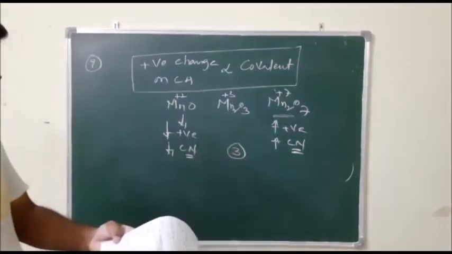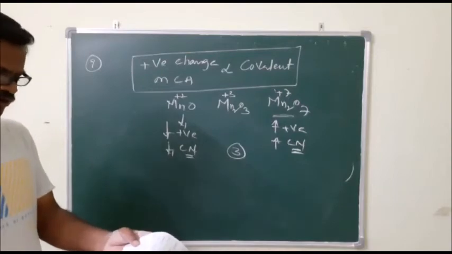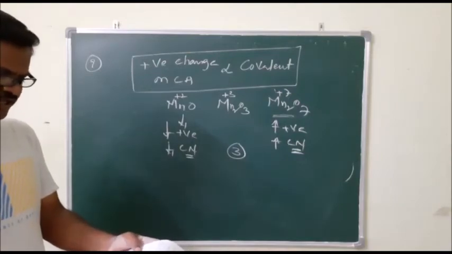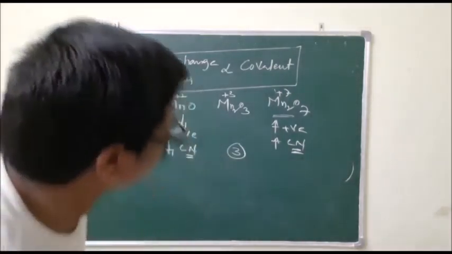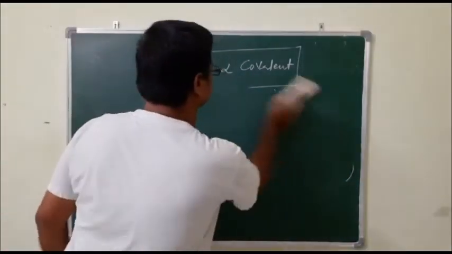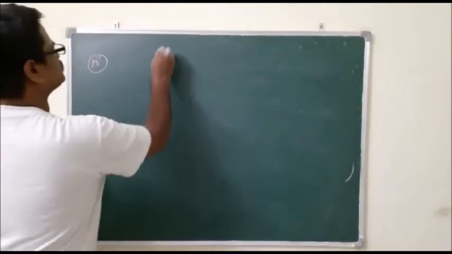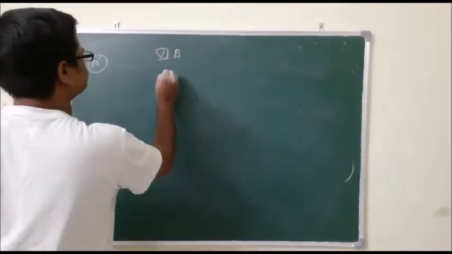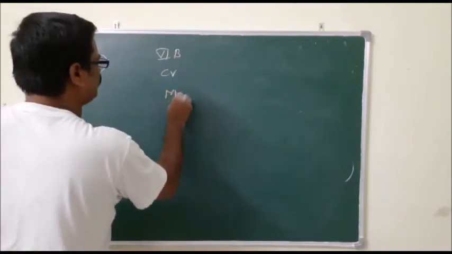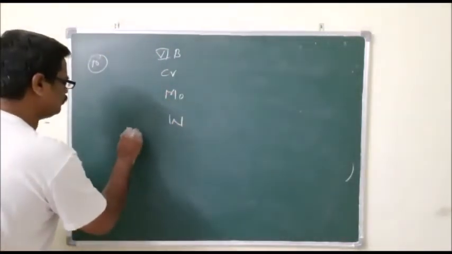What about the last one? Question number 10: among the 6B group elements, the stable compound is. First we have to take the 6B group. Which elements are there in 6B? Just look at your 10th question. 6B means chromium, molybdenum, tungsten. Down the group,